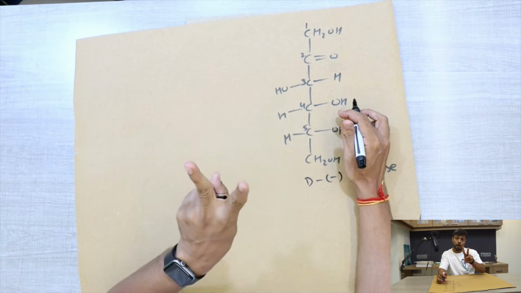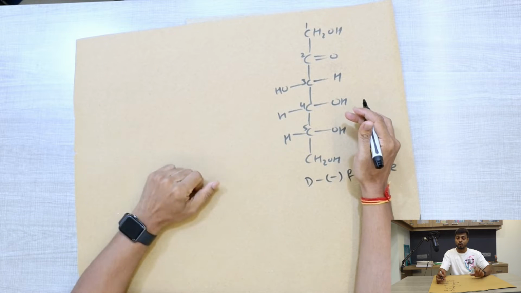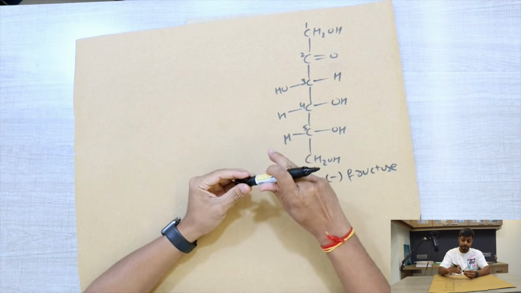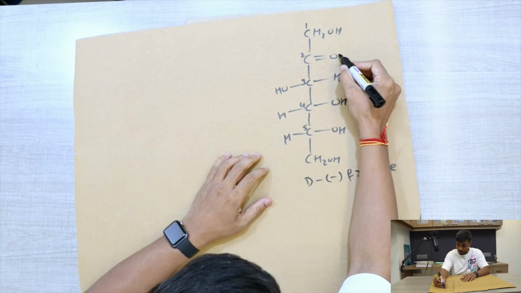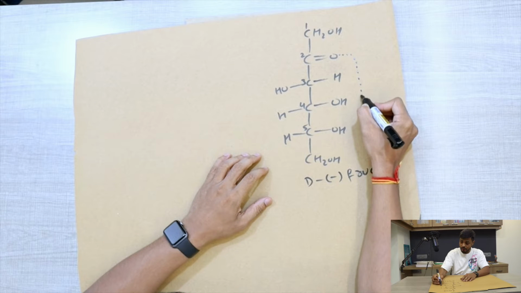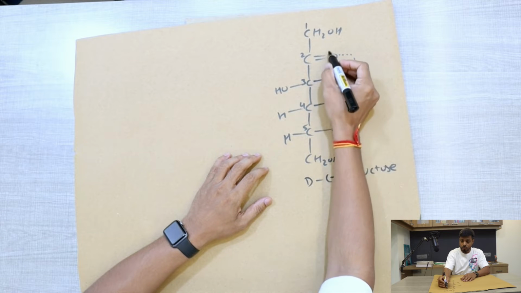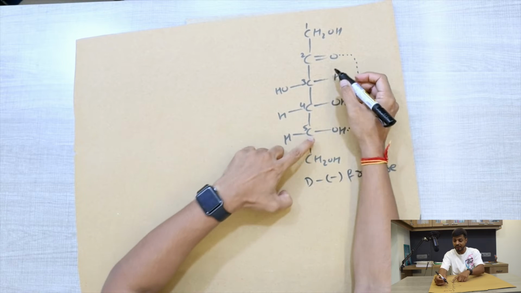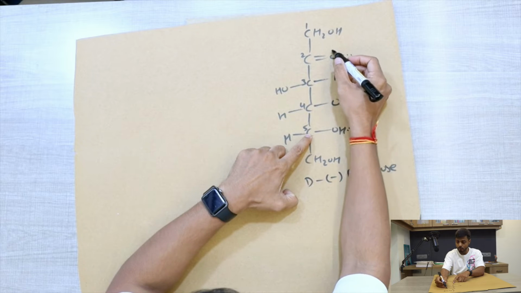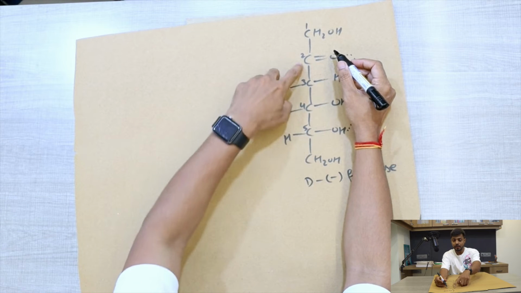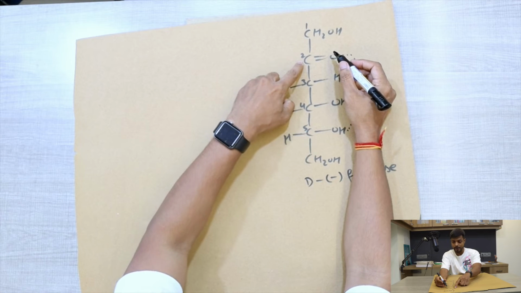and it also happens to be in what? Two forms, alpha form and beta form. So for that, what happens is, this carbon number 2 will be forming a bond with carbon number 5. So this C double bond O will get H over here, so one group will become OH and CH2OH is attached to carbon number 2.